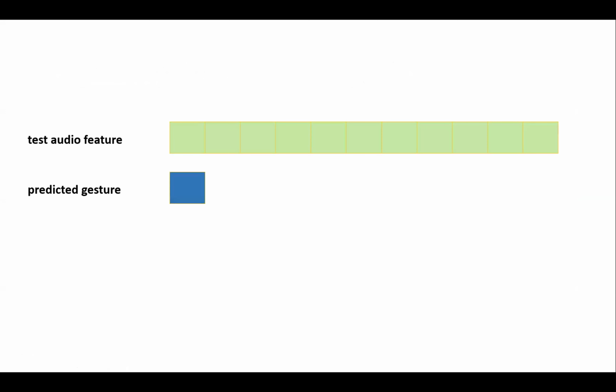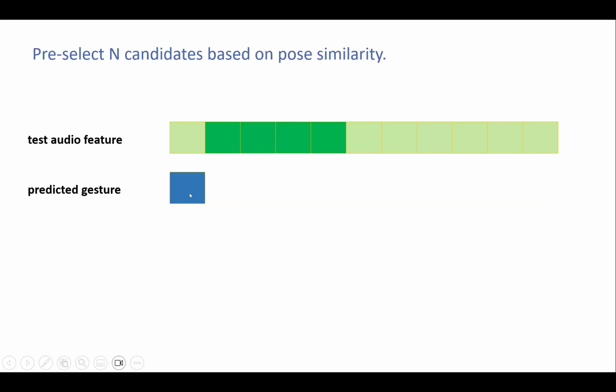And then how this works in practice is we have our audio. And as I said, we're generally assuming some future audio. So we have some future amount of audio, and we have our current pose. So our input is the saturated color. So we have some future audio. We have the initial pose that we select. And based on that, we select end candidates based on pose similarity. So all of the end candidates will transition reasonably from our initial pose because we cause them to be close to that pose by design.